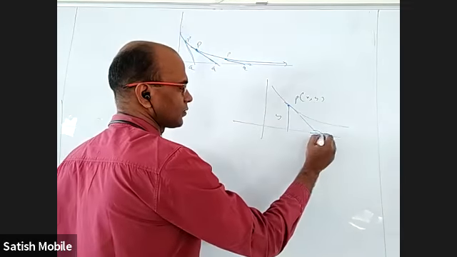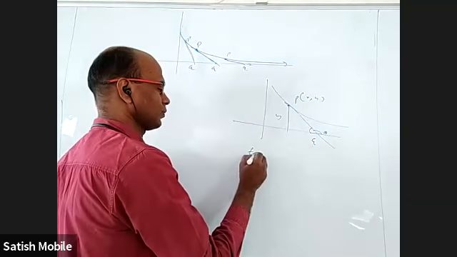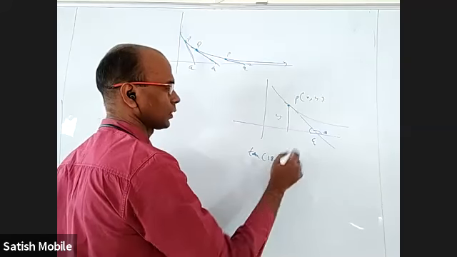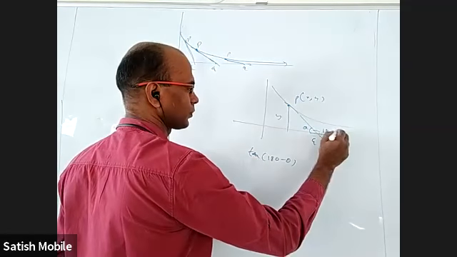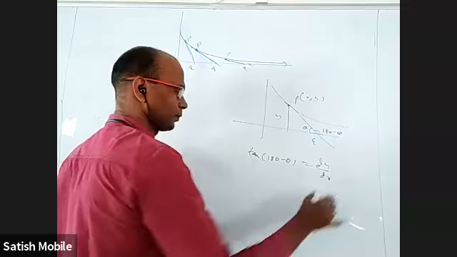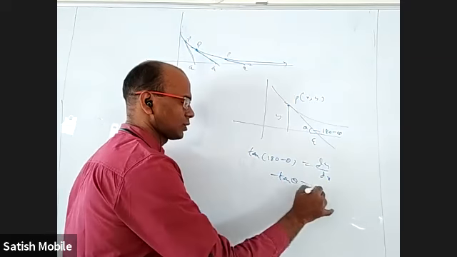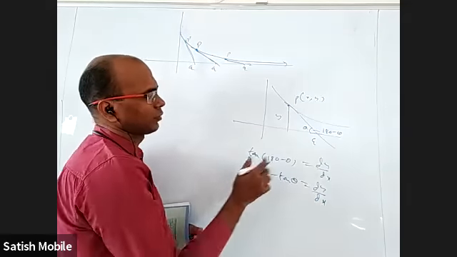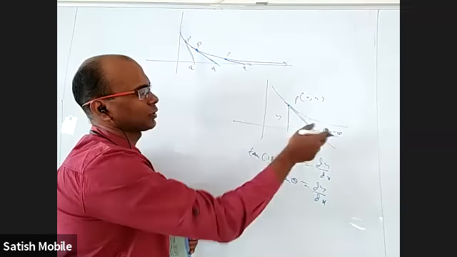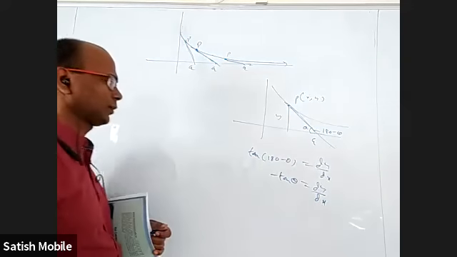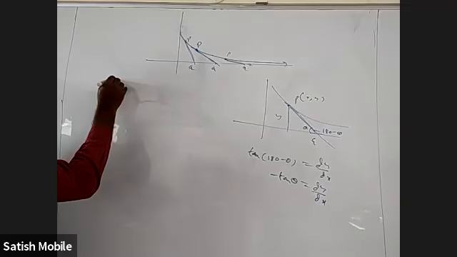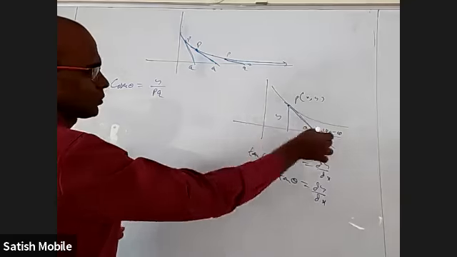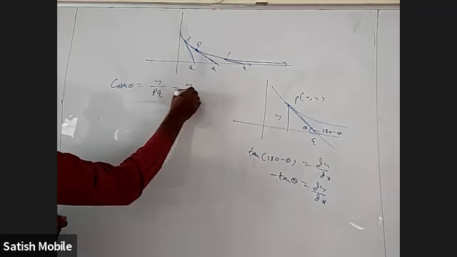Okay, if I take it like this, and if this is theta, this is tan of 180 minus theta. Tan of 180 minus theta is dy by dx. Or this is theta means this is 180 minus theta, which is dy by dx. So minus tan theta is dy by dx. Okay, leave it at that. What about this? We want this length. I'm supposed to take opposite and hypotenuse, so I should take cosecant. If I take cosecant theta, I will get y by PQ. Opposite is y, this is PQ. But here PQ is given as 1 already.